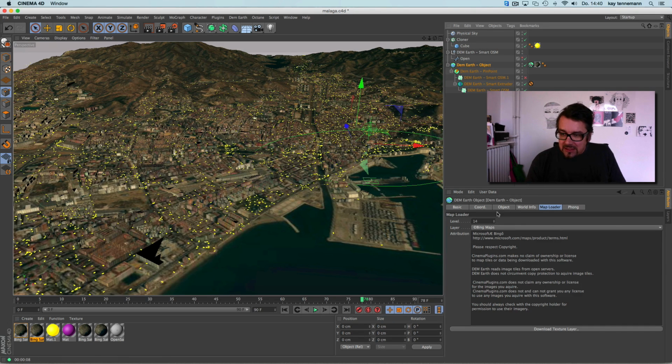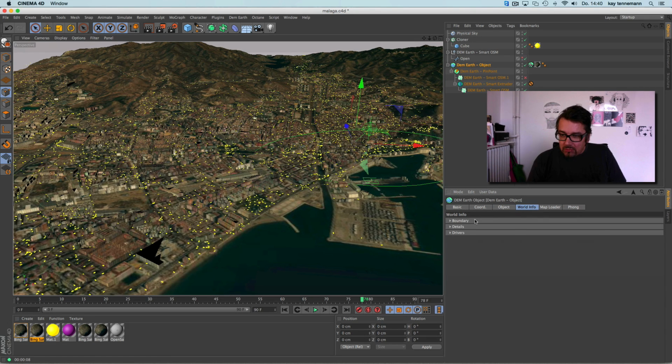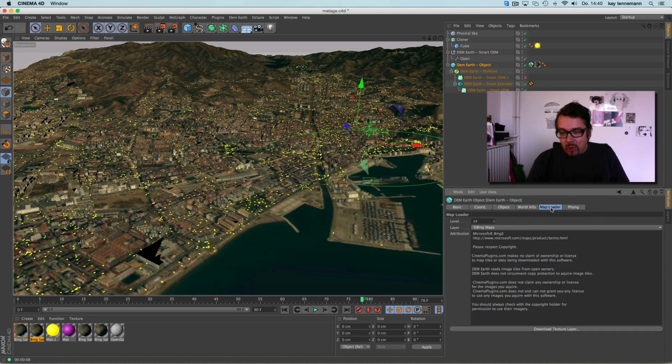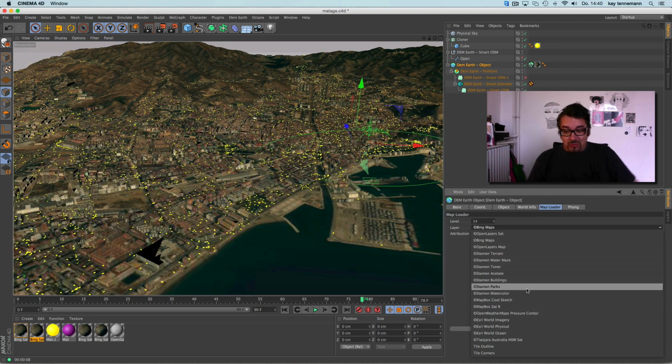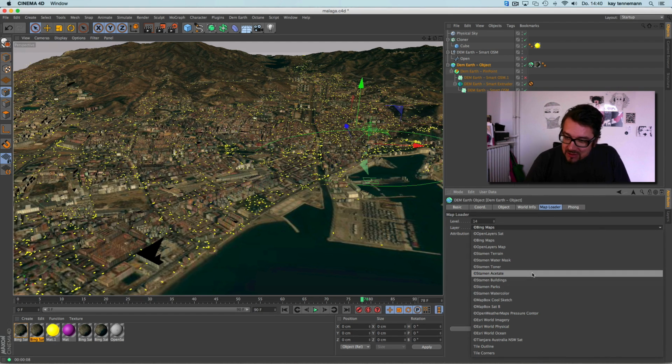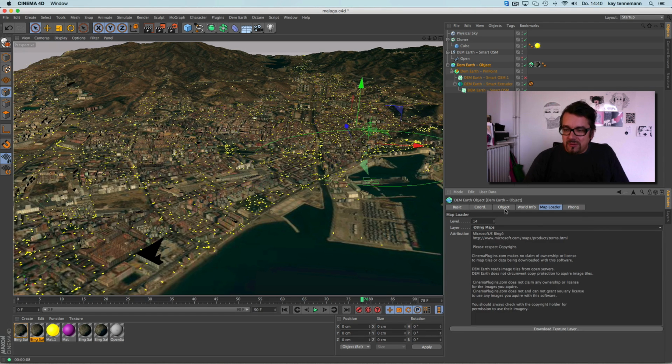Yeah, okay. Is this something I didn't show you? World info. It's just the coordinates of the world. You can manipulate them, if you know what you're doing, of course. Here's the map loader, with some strange maps and useful maps and everything. Yeah, it's maybe too much to go through every single thing.